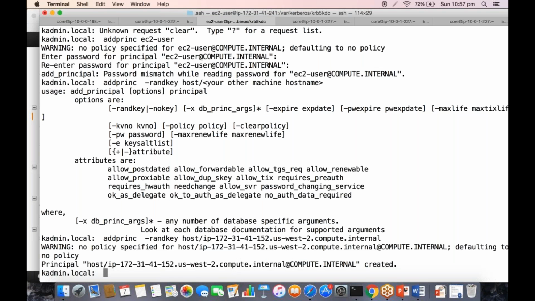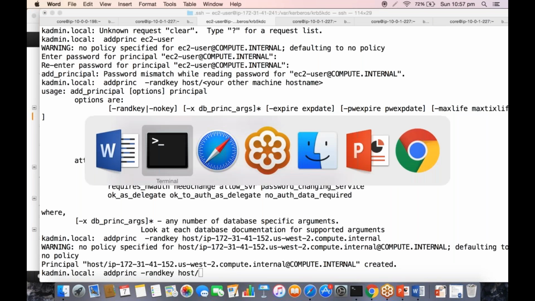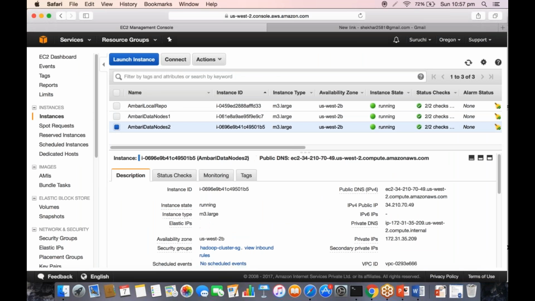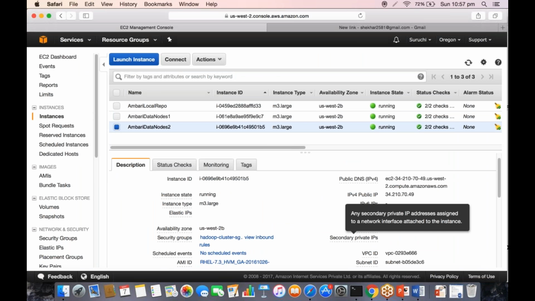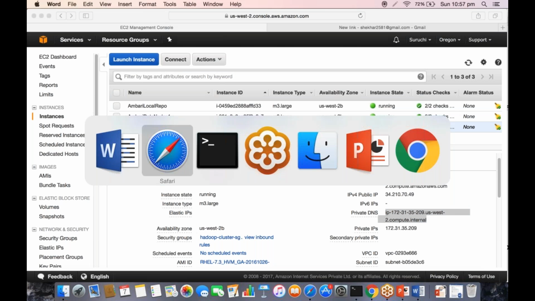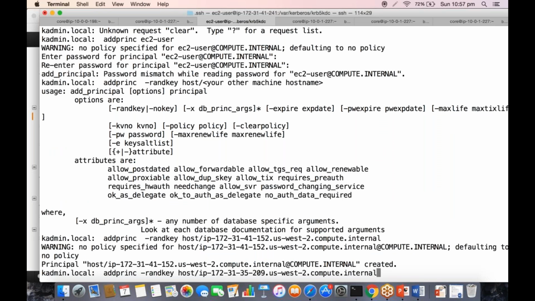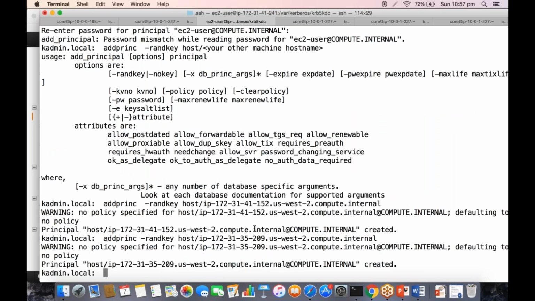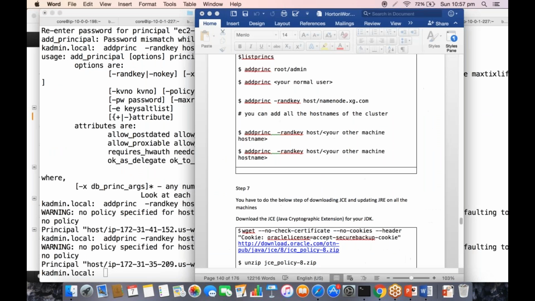Add principal minus randkey host slash the other host. Let's add it. Okay, the principal host slash has been created, that's what it says.